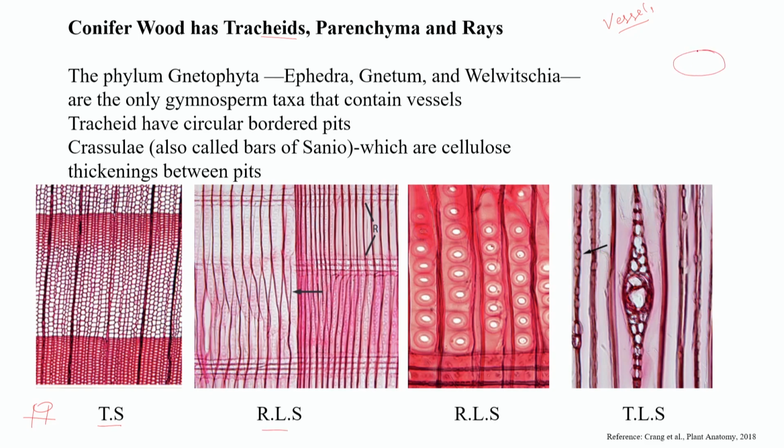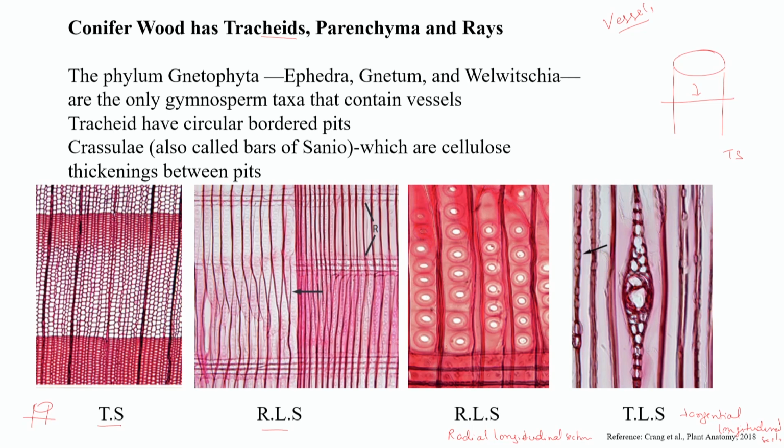One way, as I have told you, is the transverse section: you cut it and just observe it from the top. So, this is the TS. Then one is the RLS, that is the radial longitudinal section, and this is the tangential section. When you cut them into different sections, you can better observe the different arrangements of tracheids, vessels and